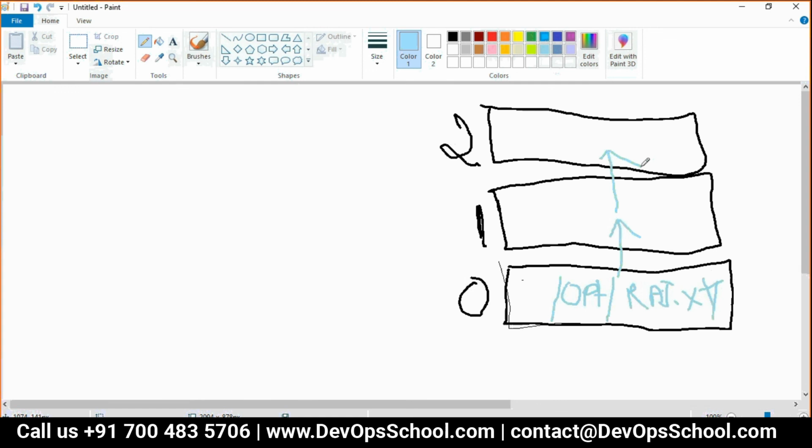Now what is happening? The content of this file is dev. The content of this file is QA. The content of this file is Docker. Now what is happening here?